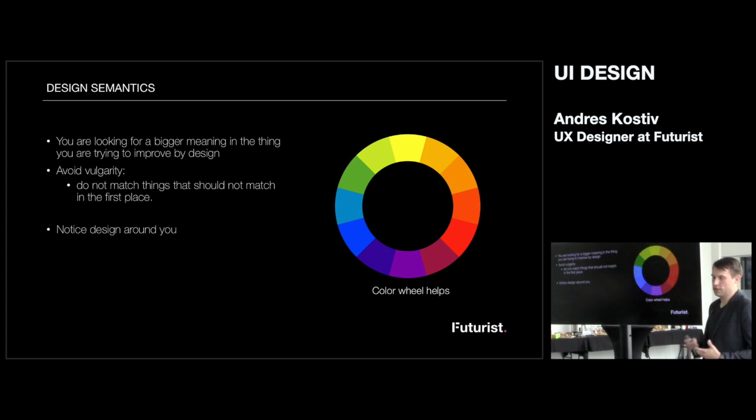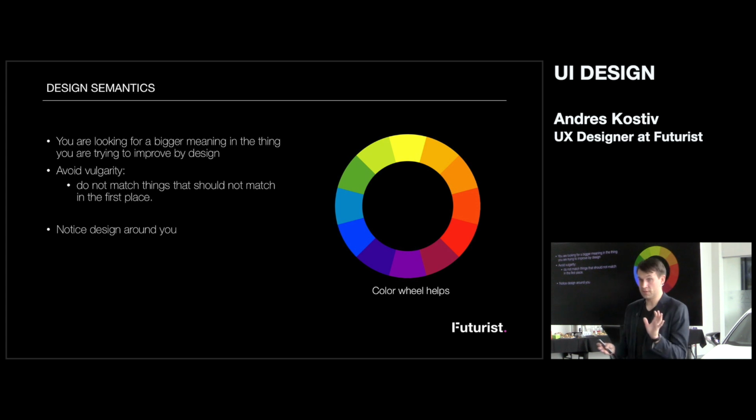No, actually you're giving a little bit bigger meaning to what you are doing, and you understand that it can somehow influence people's emotions and experience, etc. So you avoid vulgarity. It can be really tempting to do something which is in fashion right now, like gradients, 3D, some pastel stuff,